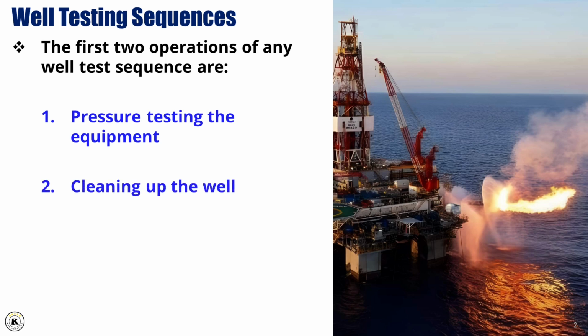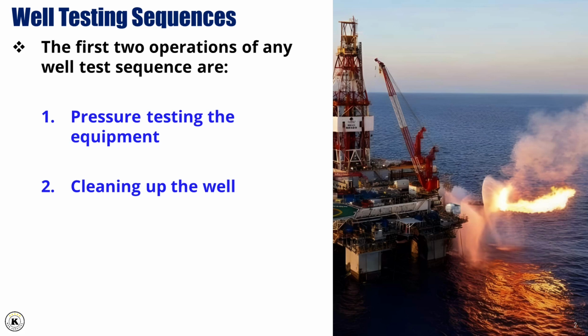2. Cleaning up the well. Once the equipment is pressure tested, the well must be cleaned up before the actual test can begin. Cleaning up the well ensures that any debris, formation damage, or trapped fluids from drilling or completion operations are removed, and the well is fully prepared to produce fluid. This step often involves circulating fluids to the surface, displacing unwanted materials, and establishing a stable flow. This ensures that the data collected during the test is representative of the well's true performance and not affected by